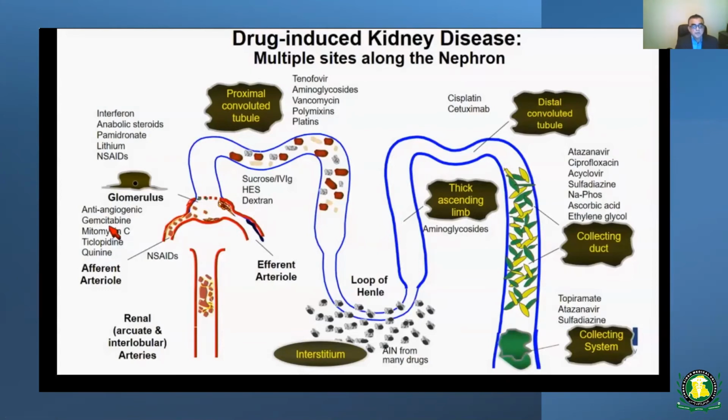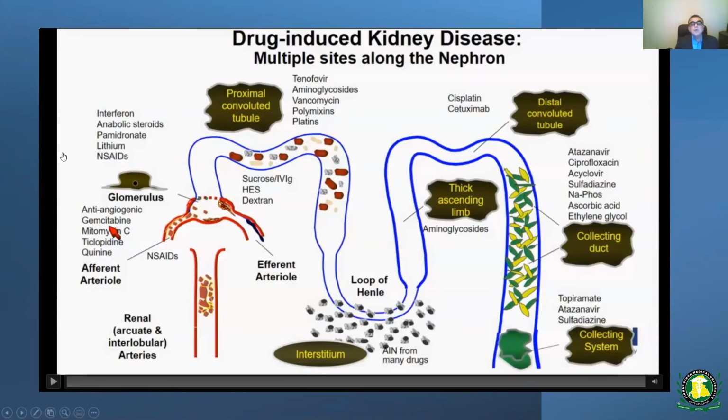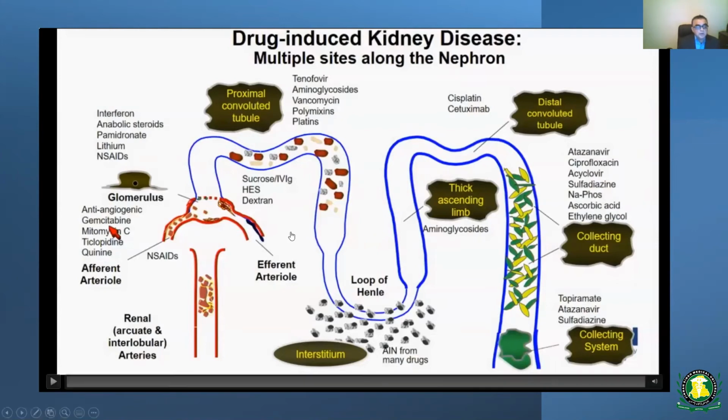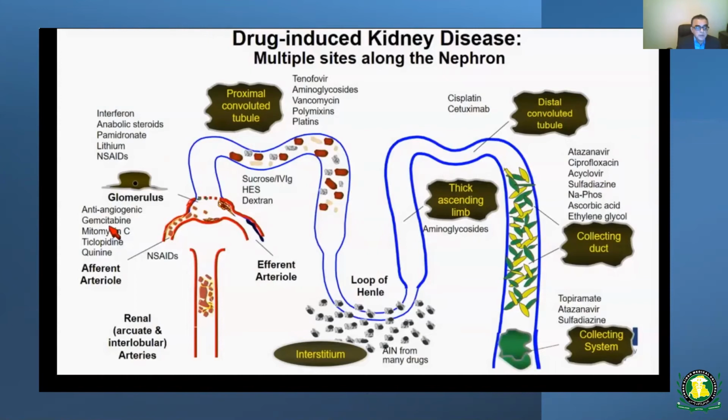Then we have lithium, which causes impairment of the collecting duct concentrating ability, can cause diabetes insipidus or chronic tubulointerstitial nephritis. Interferon is another common medication. That's prerenal acute kidney injury that we see, thrombotic microangiopathy, membranoproliferative glomerulonephritis, and tubular interstitial nephritis. Tenofovir, it's one of the HIV medications, can cause acute kidney injury with tubular cell degeneration, necrosis, interstitial nephritis, Fanconi